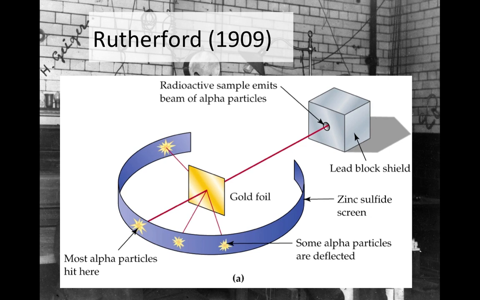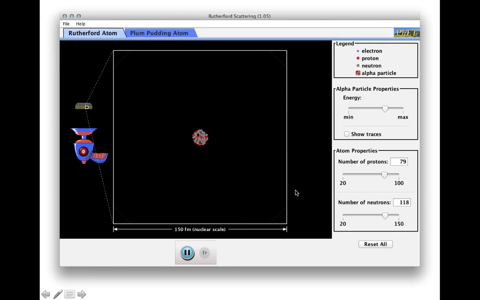And indeed, Geiger and Marsden did find that most of the alpha particles went straight through and hit exactly where they were predicted to hit. However, the key word in that sentence is most, because not all of them did. Some were deflected, and when really pushed by Rutherford to extend the experiments, they discovered that some were actually pushed all the way back. Well, how does this work?